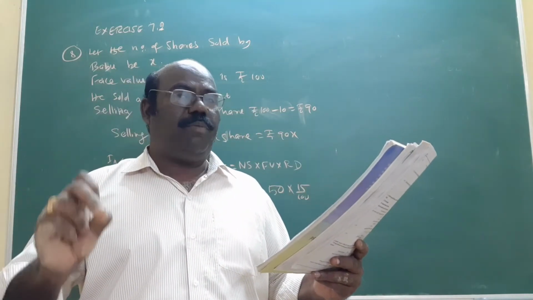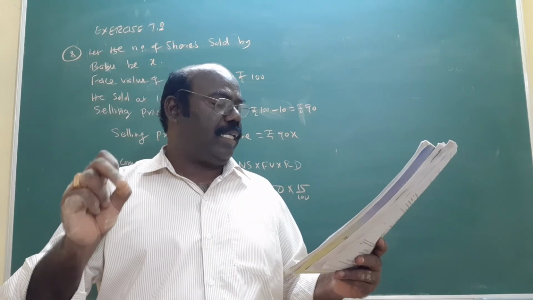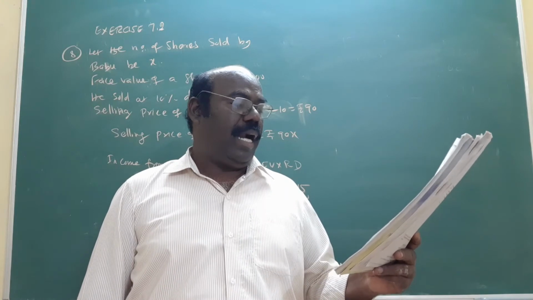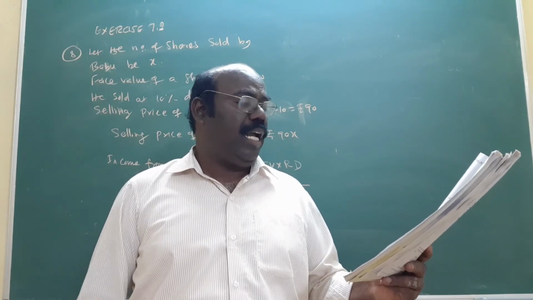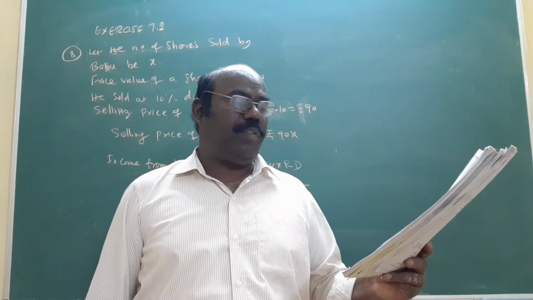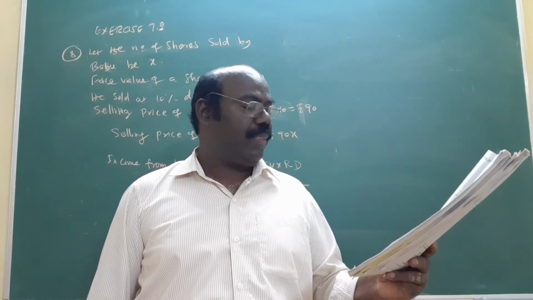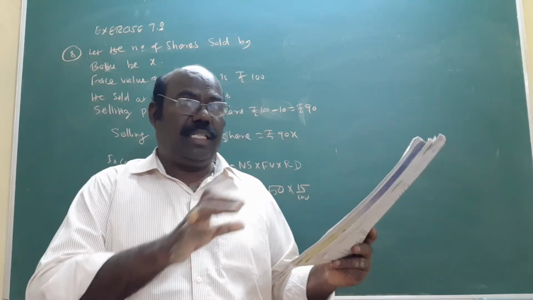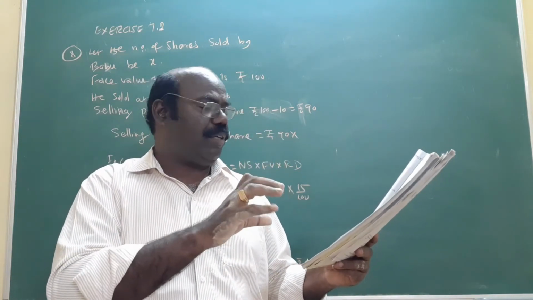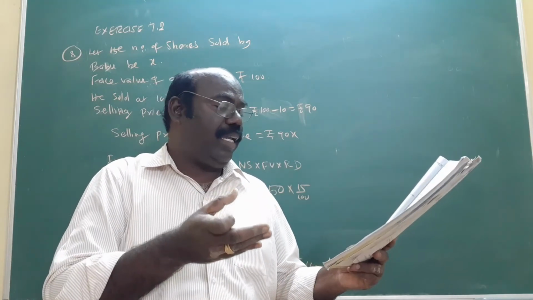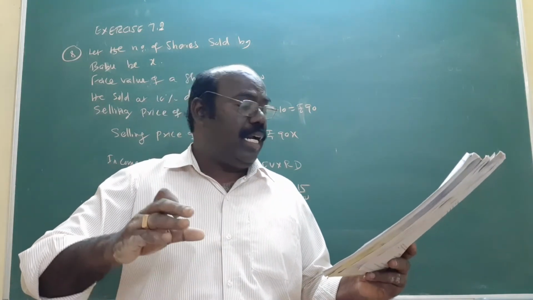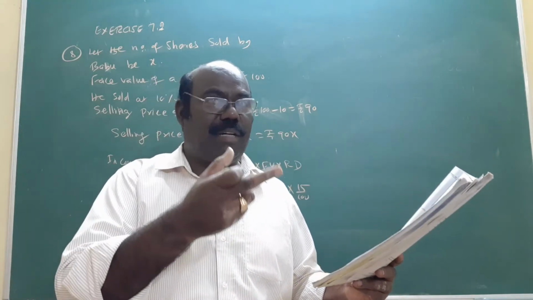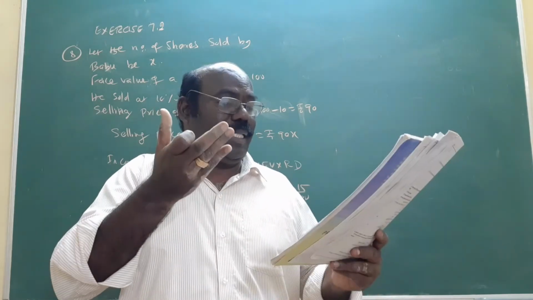Babu sold some rupees 100 shares at 10% discount and invested his share proceeds in 15% rupees 50 shares at 33. Here he sold his shares. Next one, the first one is income from some company, some income from the first company, and then he sold his shares at 10% premium instead of 10% discount. First discount is 10%. Now the premium is 10%.